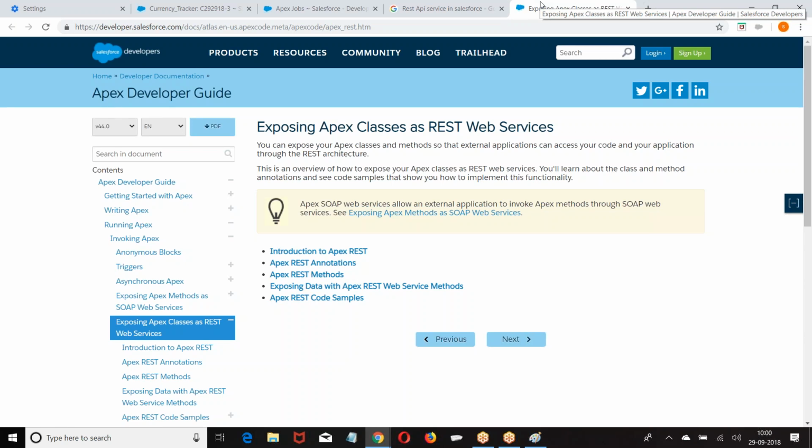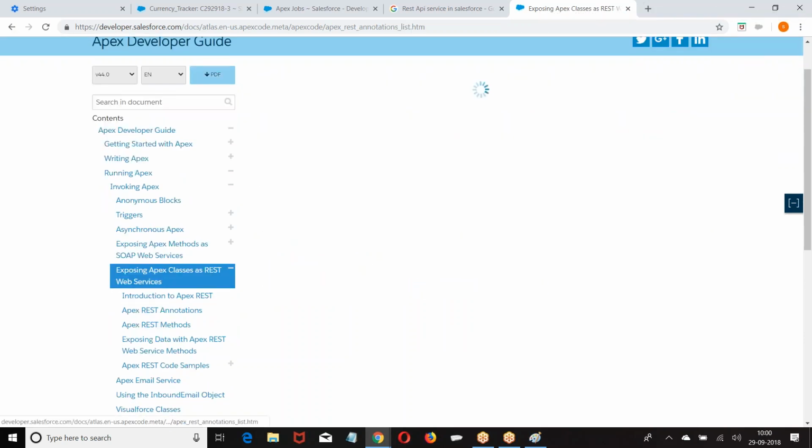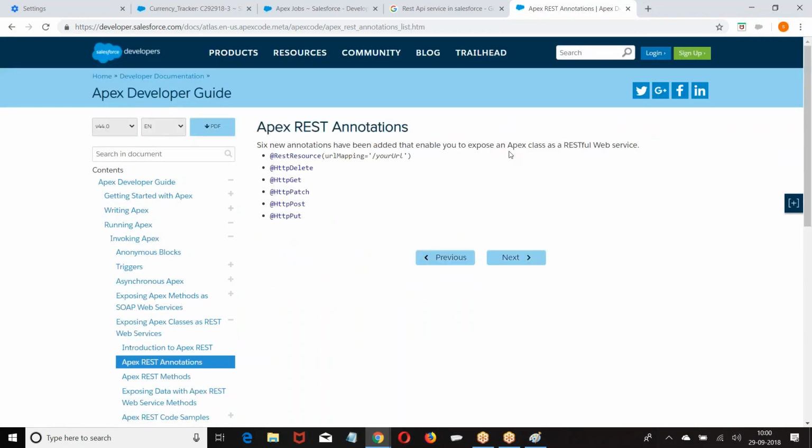The same Apex class you are creating, we just need to understand a couple of annotations: @RestResource, @HttpDelete, @HttpGet, @HttpPatch, @HttpPost, @HttpPut.